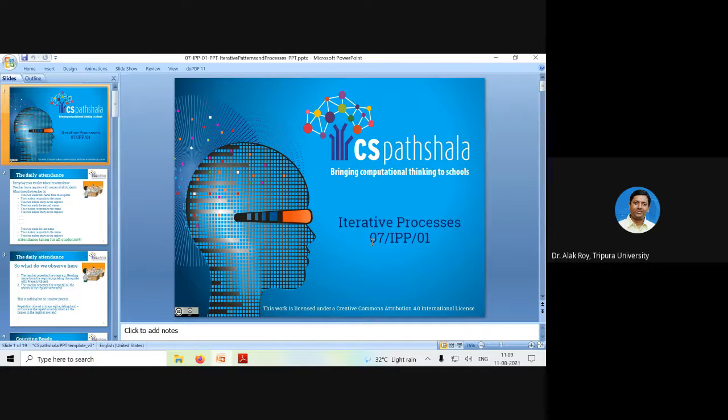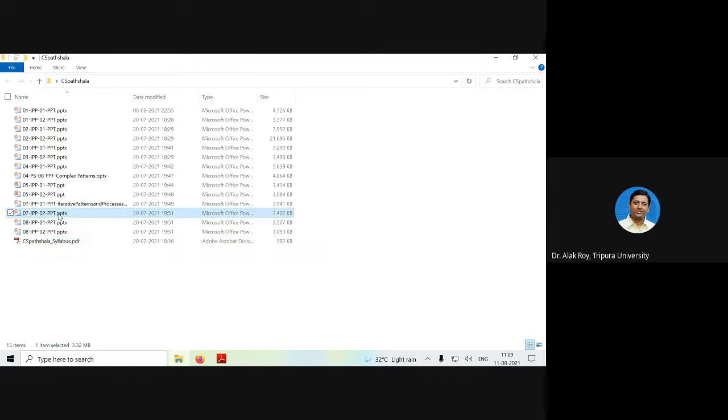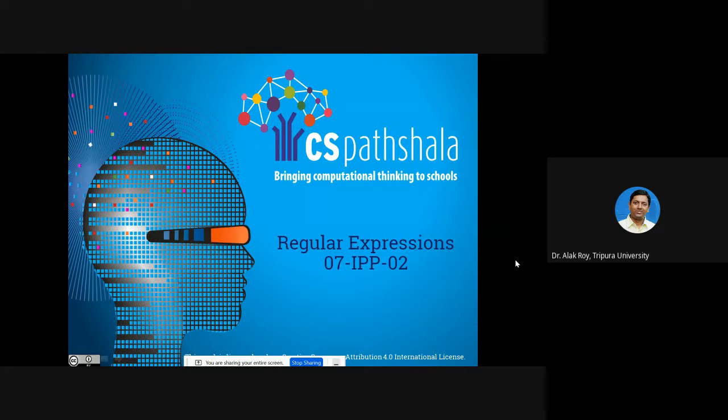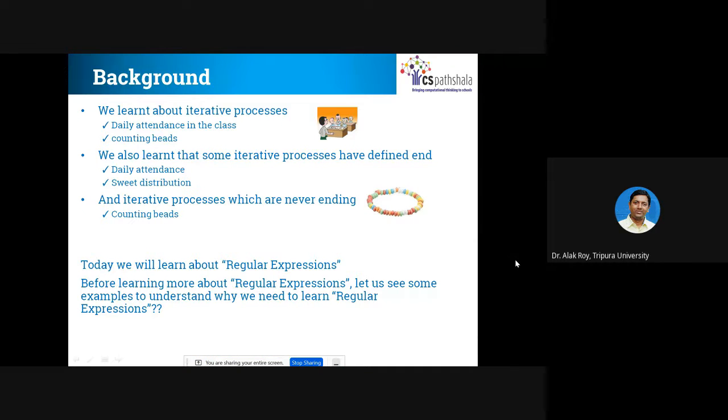So with that, class 7 first lecture is covered. So I'll quickly go with the second lecture of class 7, with regular expressions. In the last class, you can just explain the examples that were covered. What you will learn and teach them next day is regular expressions. You can motivate them with some pre-knowledge.